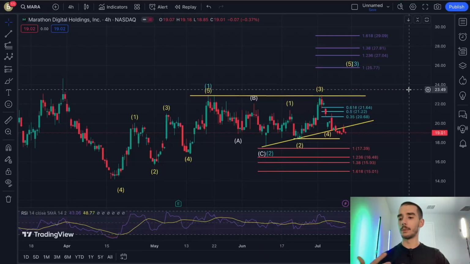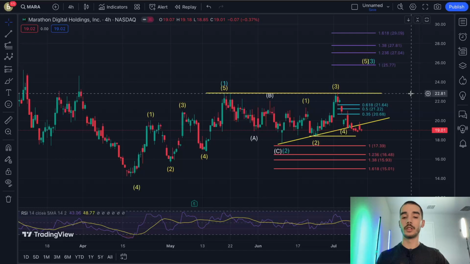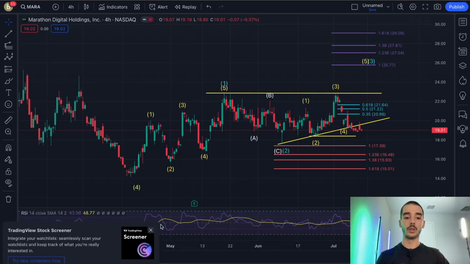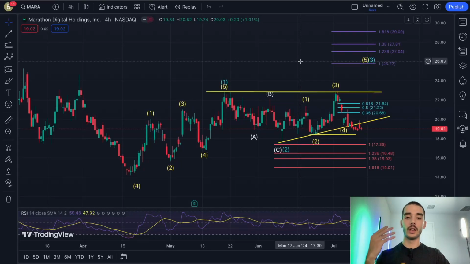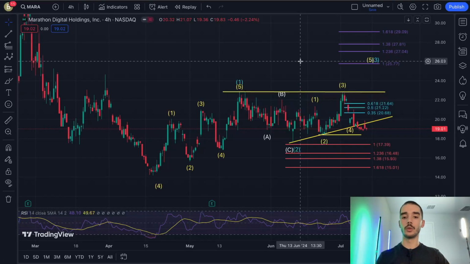You know, Bitcoin can go up to 100,000, and Mara can tank to below $10 a share, because it is a company and something can happen. Unfortunately, that just causes it to go down. I'm not anticipating any of that to happen. I feel like their CEO is a very strong, intelligent person. I feel like he really knows what he's doing.